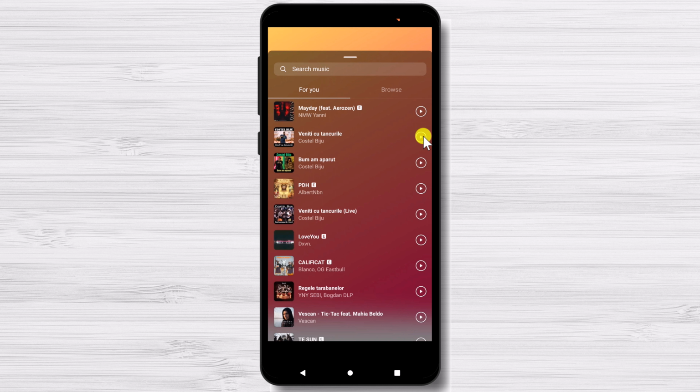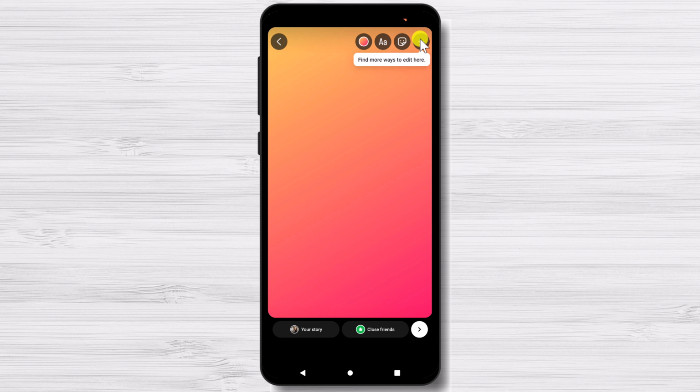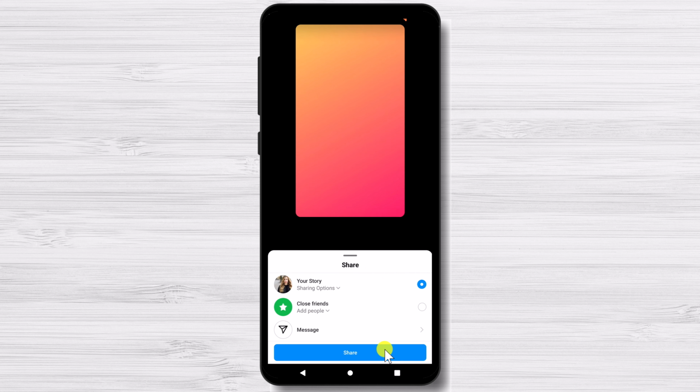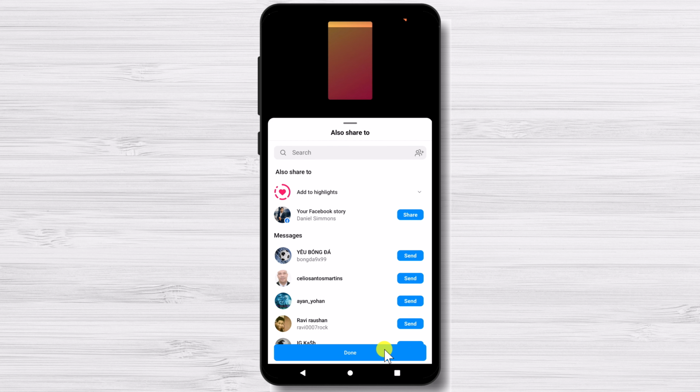After selecting the track, you'll see a prompt to adjust the part of the music you'd like to take up for your video. Use the slider to select the exact portion you want, and click on Done at the top right corner. You can also choose how you want the music sticker to appear on your stories, as the song name or as lyrics in different fonts. And just like that, you've successfully added music to your Instagram story for your audience to enjoy.